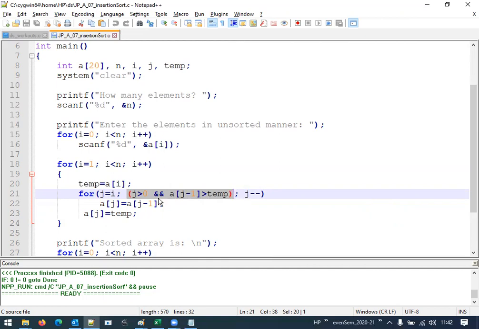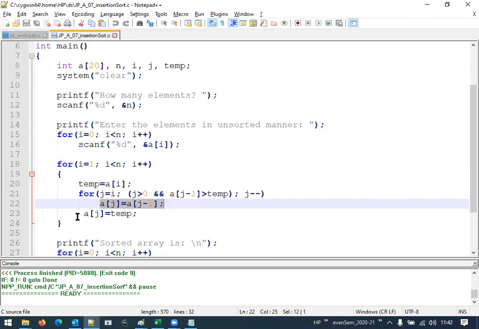The logical AND gives true value when both its operands are true. It is a binary operator, so 2 operands will be there, and it gives the true result when both operands are true, otherwise it gives a false value. If this condition is true, then it will execute this statement, otherwise it just proceeds further.